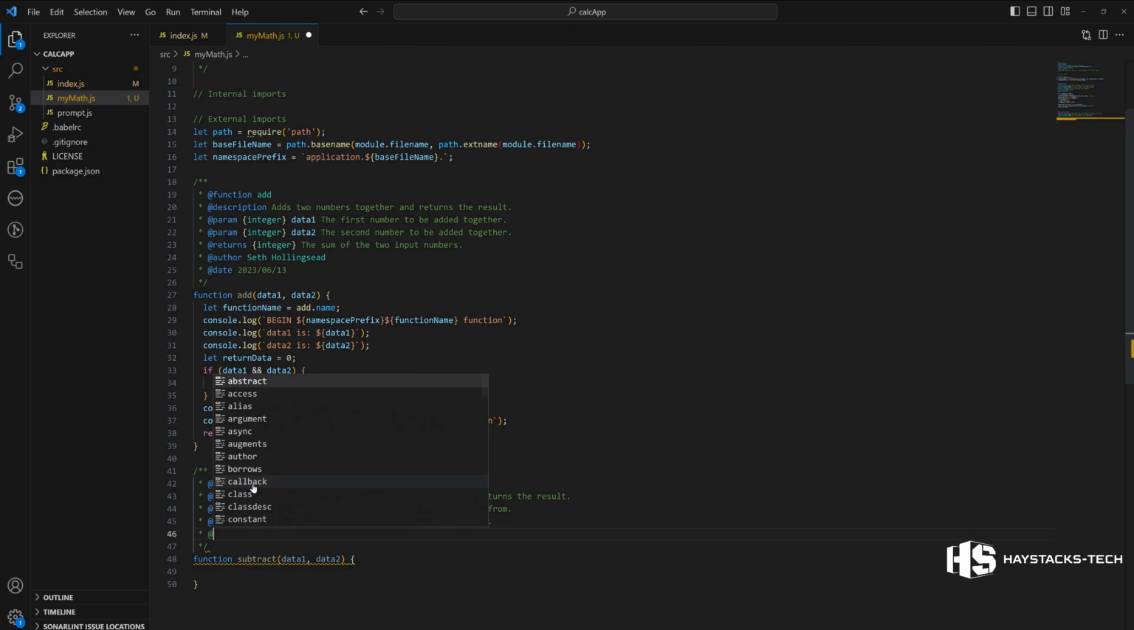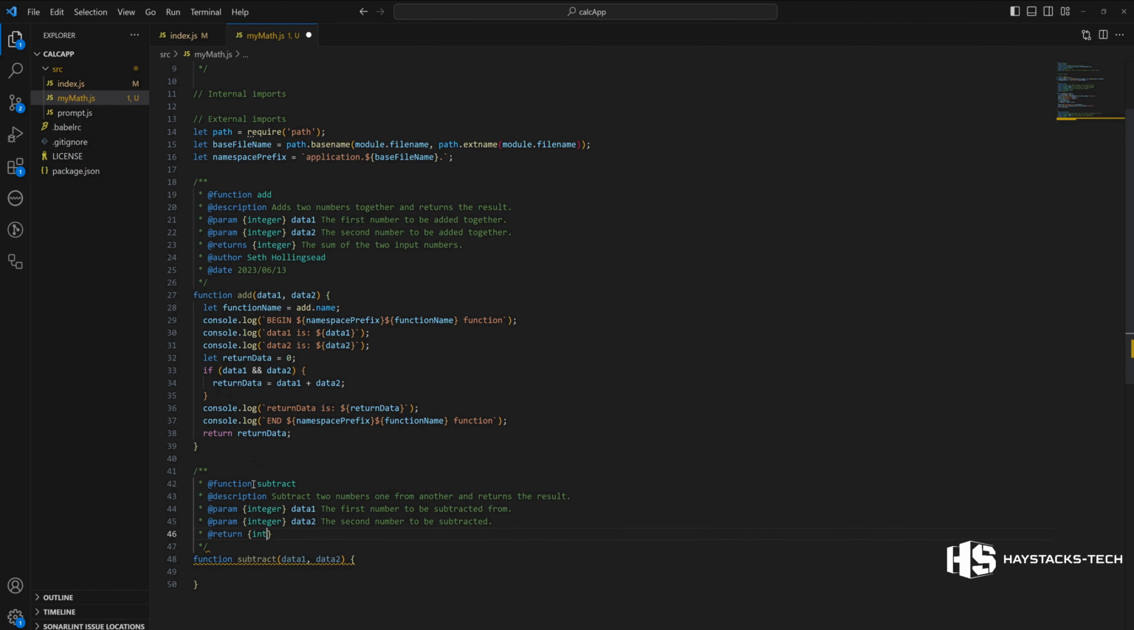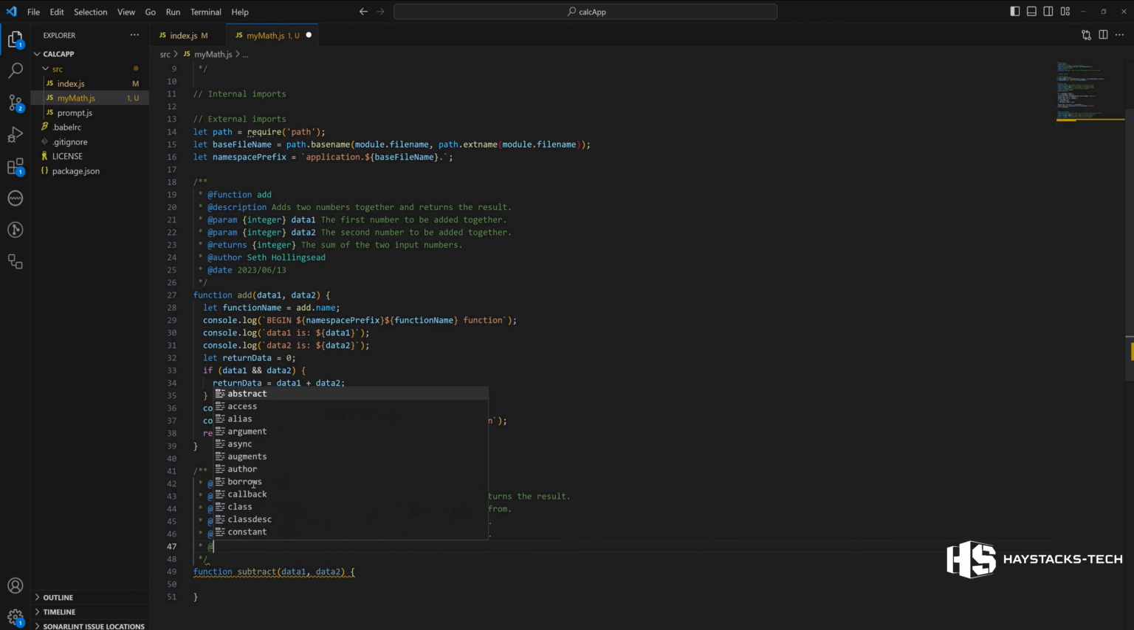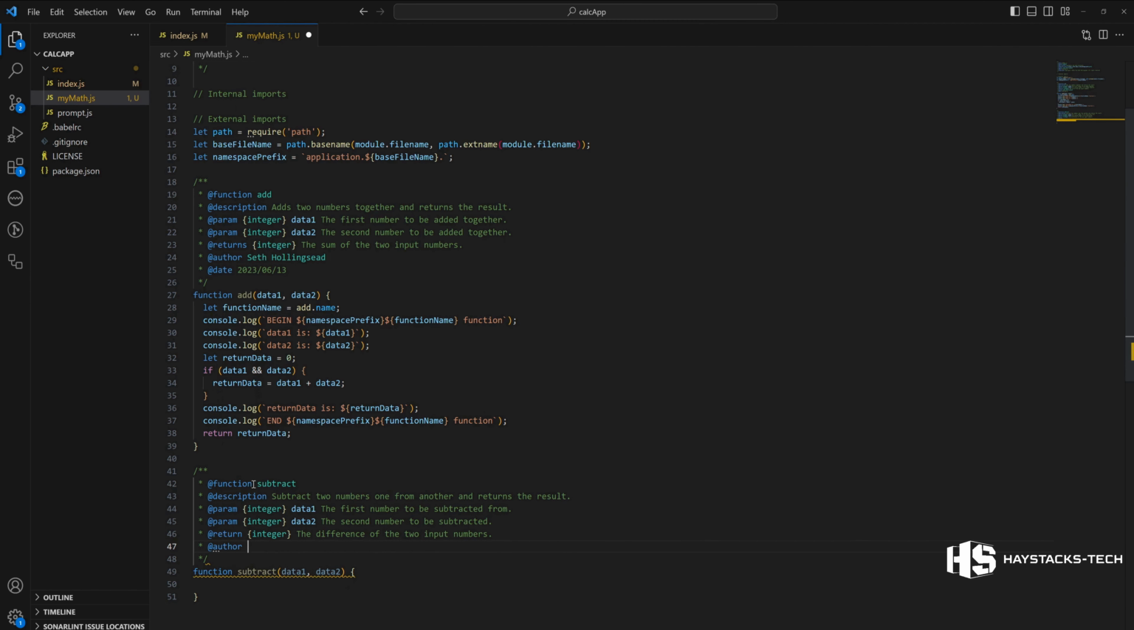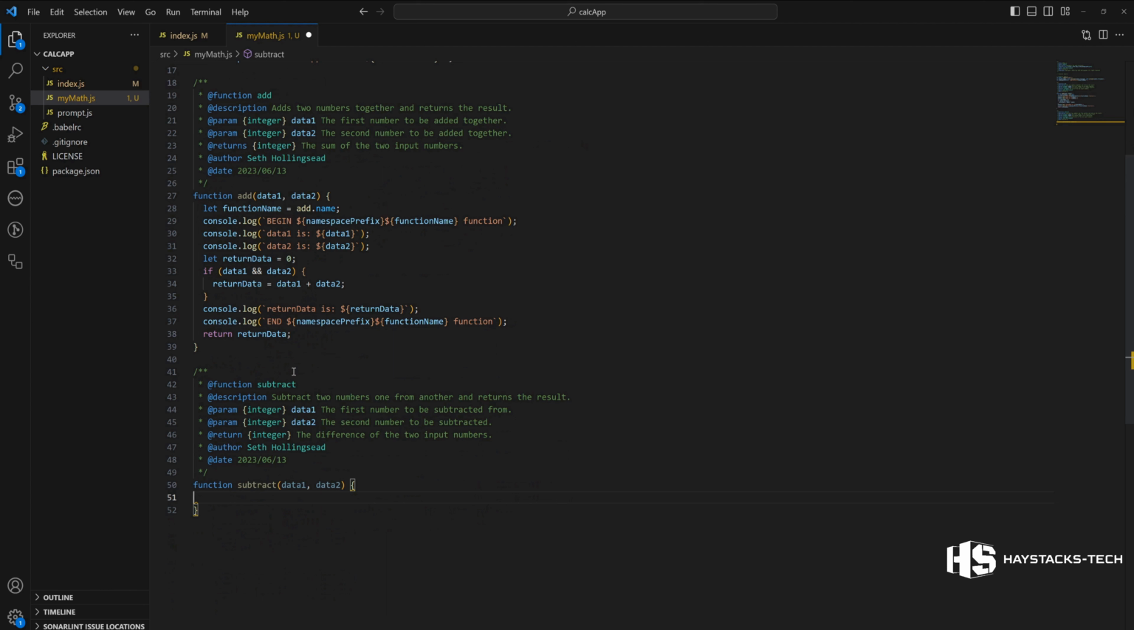Okay, again, at returns, integer, and the description for the return is the difference of the two input numbers. Again, sign it with your name and your date, 2023-06-13. Okay. Now, the interesting part here is once we have done this header, we really can go up here